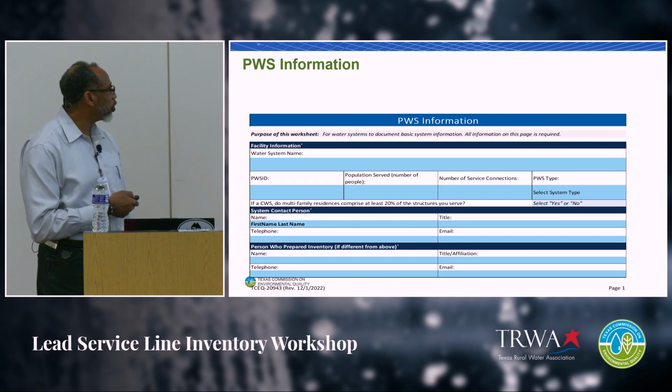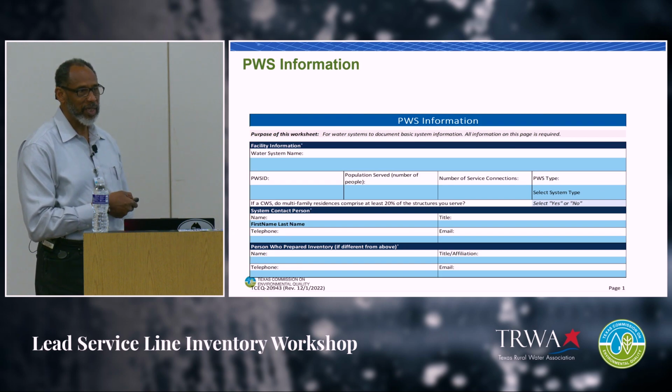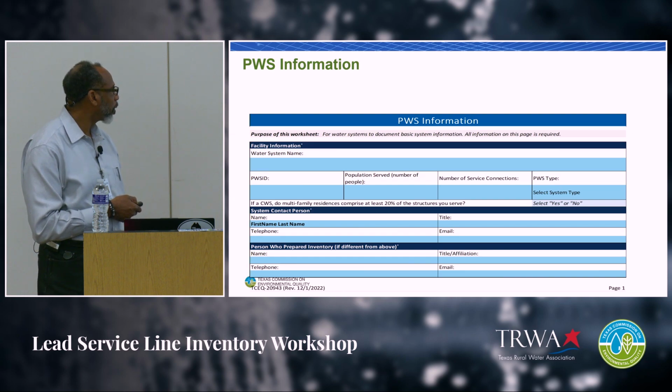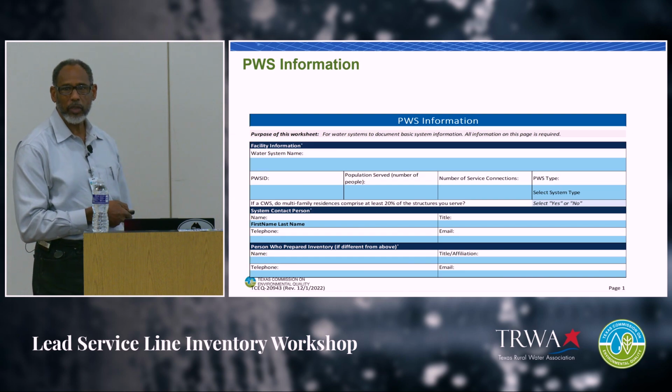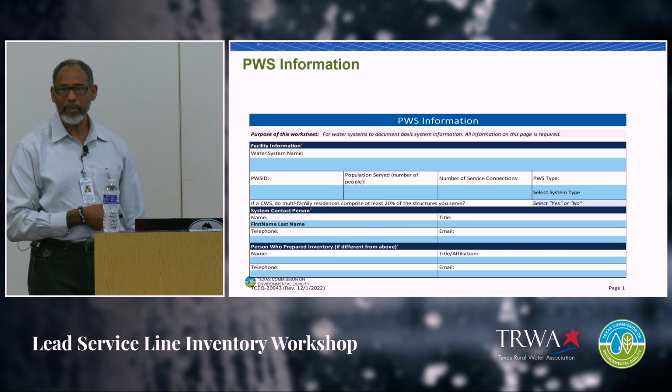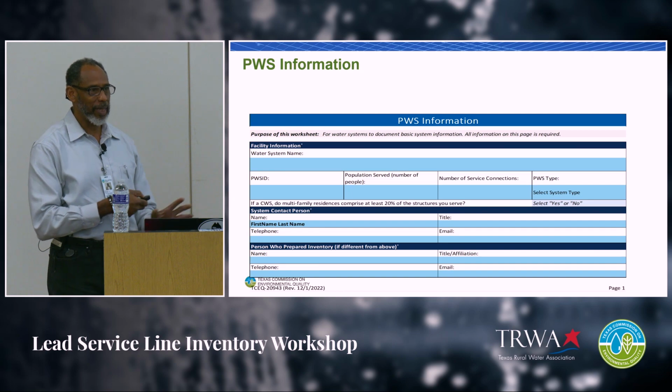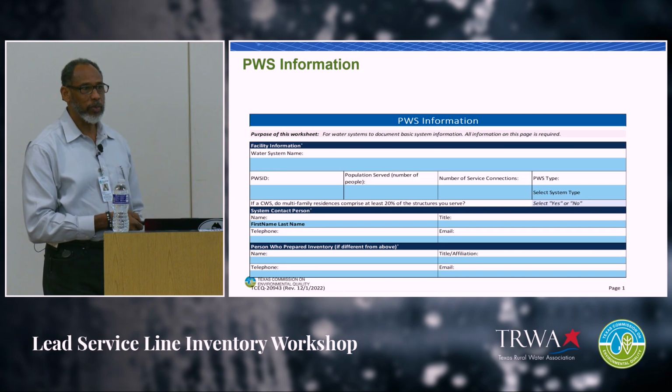You want to make sure you're using the TCEQ PWS ID number for your system here, who the contact person is, and then who is the person that actually prepared the template, the primary person. So if TCEQ needs to reach out to the water system about something in the template, they want to actually speak with the person